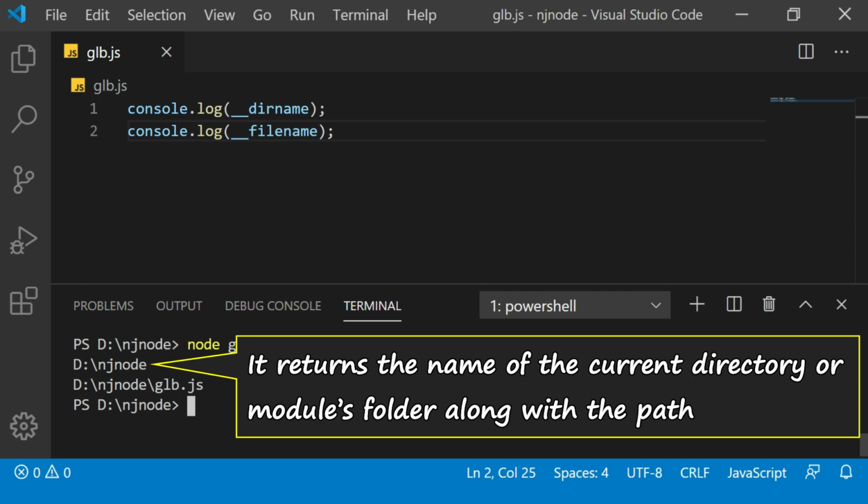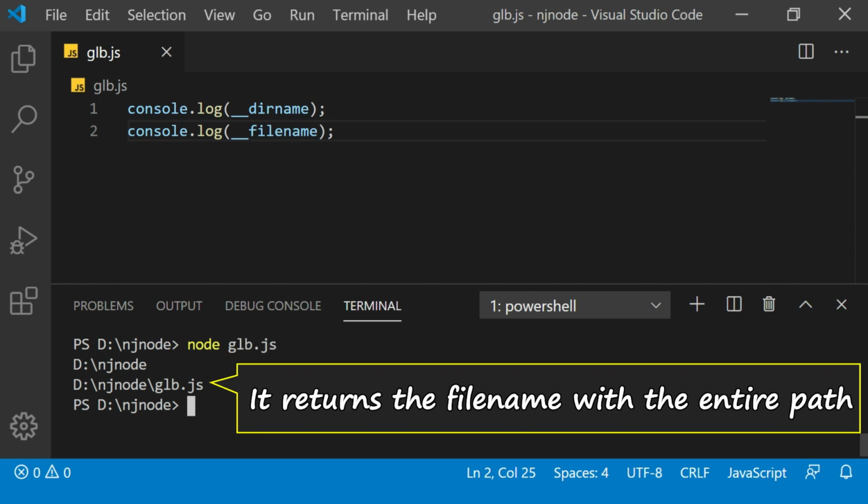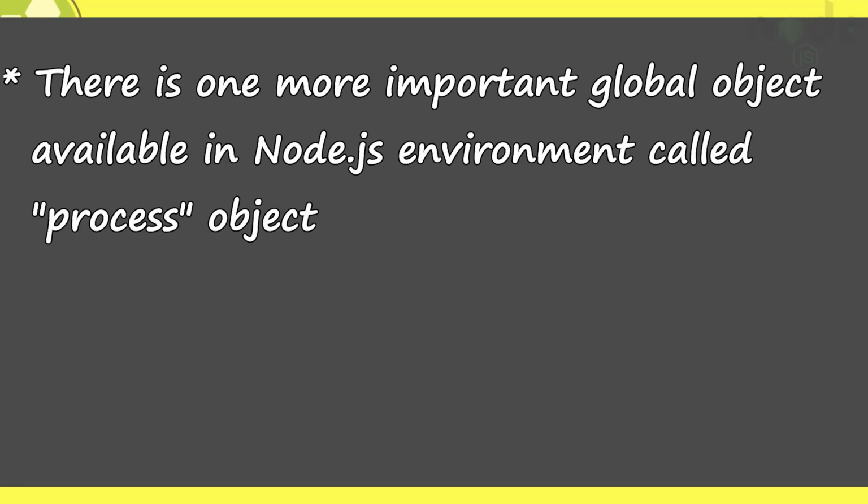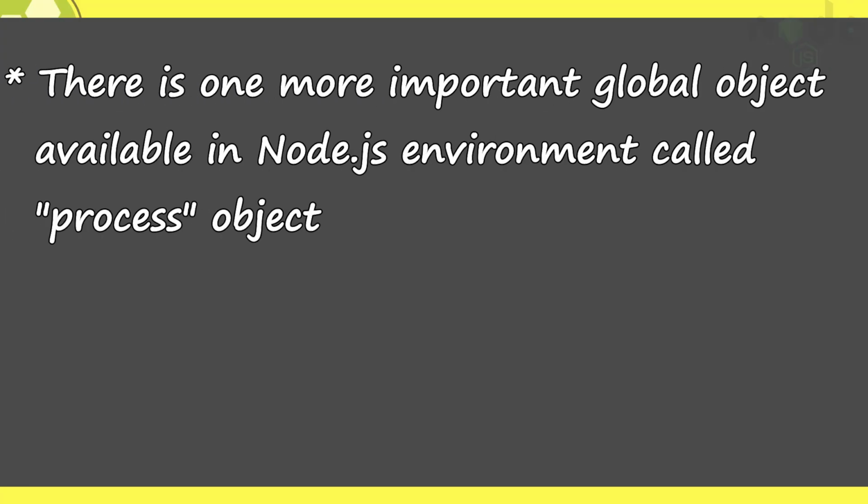The __dirname returns the name of the current directory or module's folder along with the path in which it is running, whereas __filename returns the file name with the entire path, as you can see in the output.